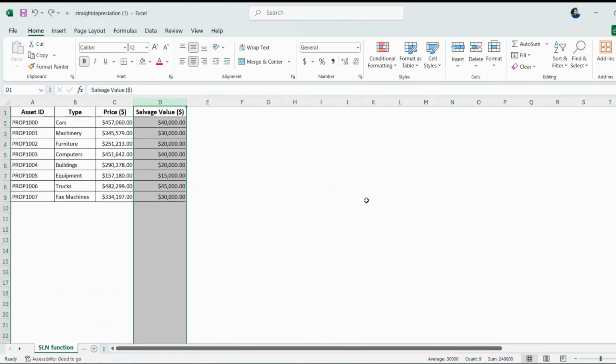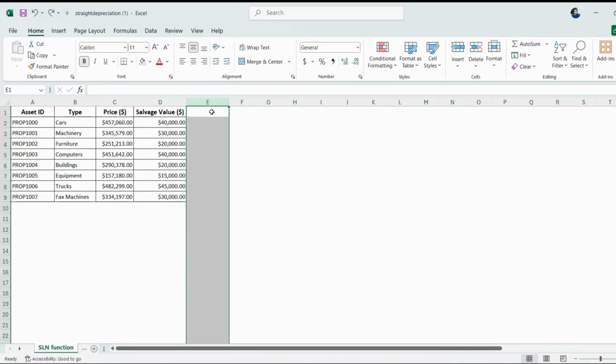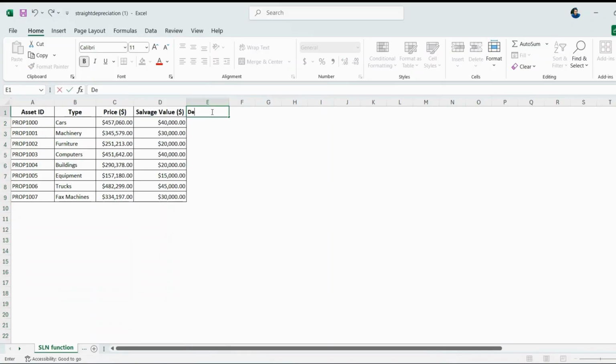Now, let's get started with our first method. The first method is using the Microsoft Excel's built-in straight line depreciation function, which is the SLN function. Let's say we want the depreciation in column E. First, let's name this column as depreciation. Now, in cell E2, let's type this SLN function formula: =SLN(C2,D2,10)